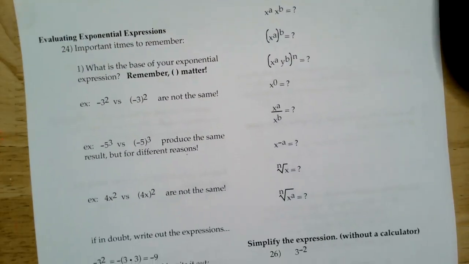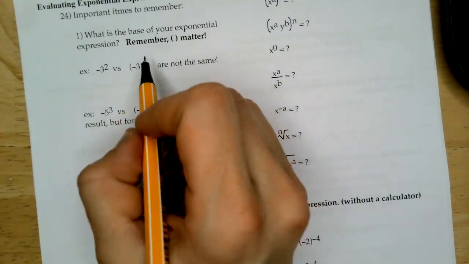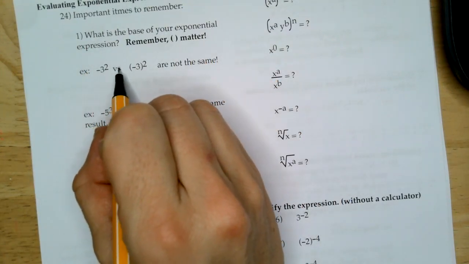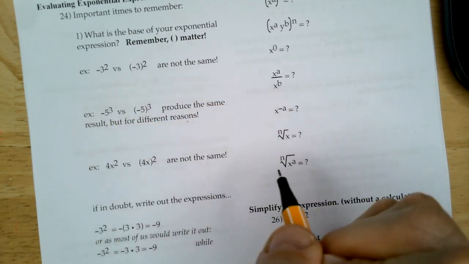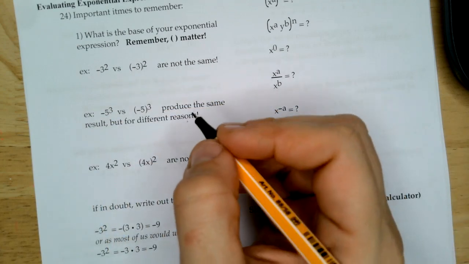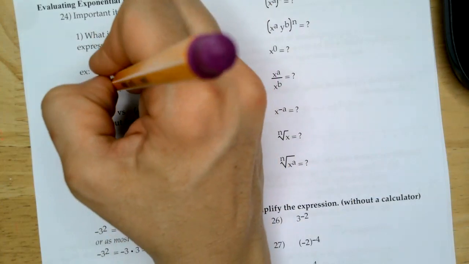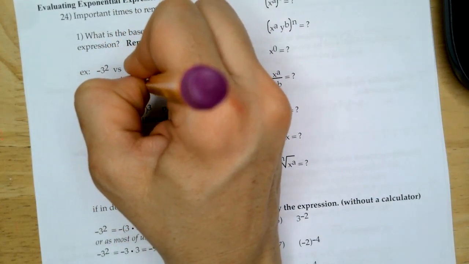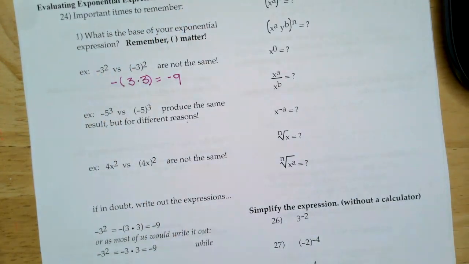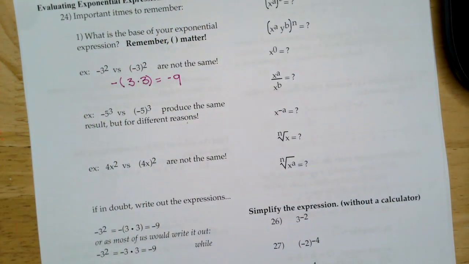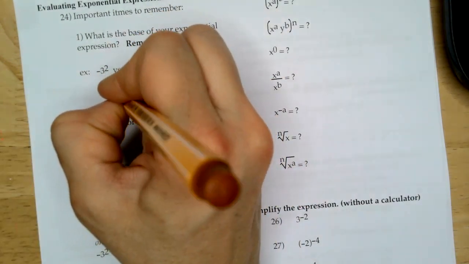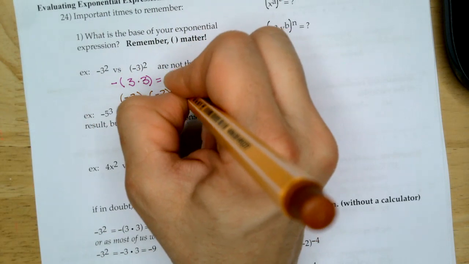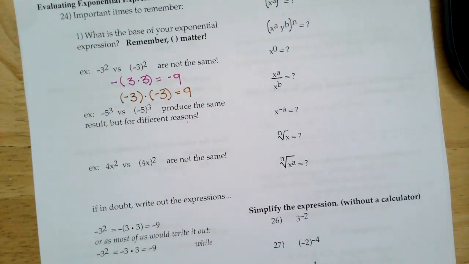Then we're going to evaluate exponential expressions. What is the base of your exponential expression? There's a difference between -3 squared and the parentheses around the -3 squared. -3 squared, 3 squared just means 3 times 3, right? So that becomes that, but -3 inside the parentheses means it's a -3 times a -3, so that gives us